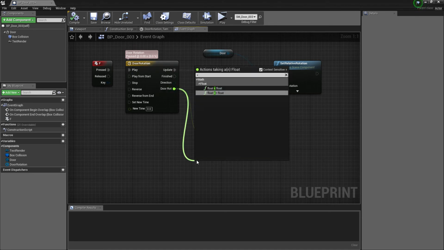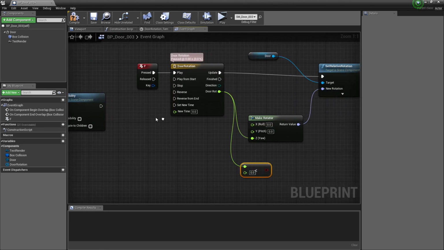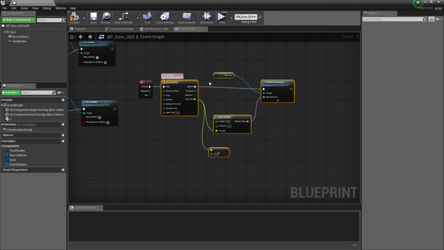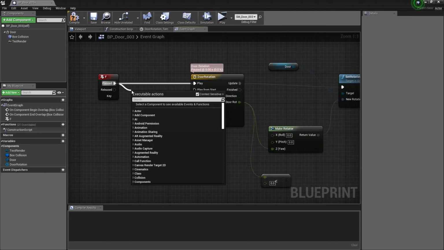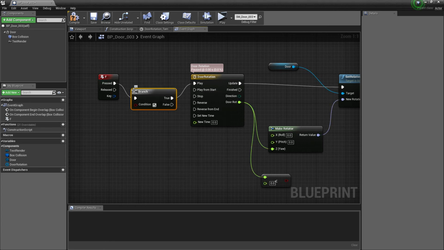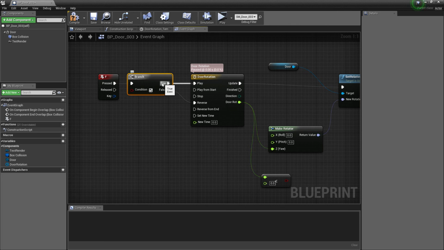Drag from door ROT and search for Float Less Than Float. Let's make space for a branch node. Drag from F key and search for Branch and connect false to reverse. Now when the door is closed, it will be true and the animation will be played.